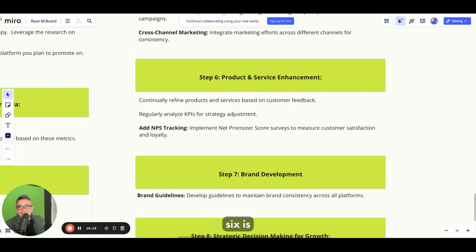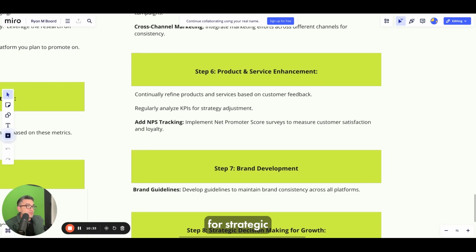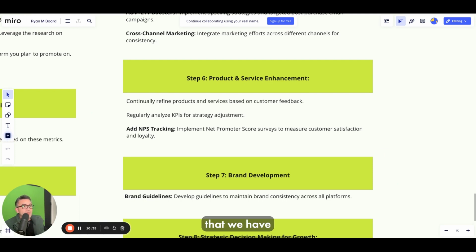Step number 6, product and service enhancement. All right, so this part, we're basically looking to continually refine product and services based on customer feedback. We're going to regularly analyze our KPIs for strategic adjustment, and we want to make sure that we're tracking NPS. So if you don't know what NPS is, it's implementing a net promoter score to measure customer service or customer satisfaction and loyalty. This is like a tool that's as old as time. Basically,